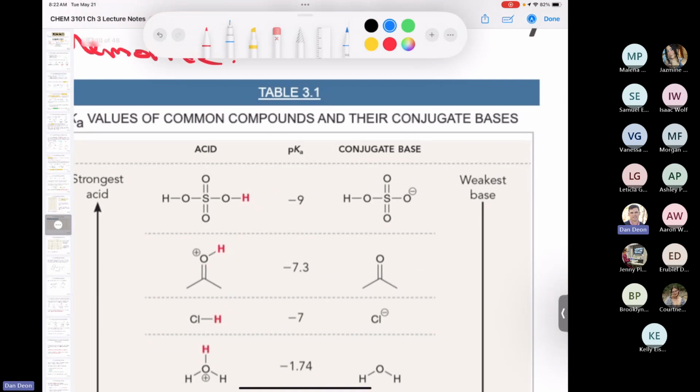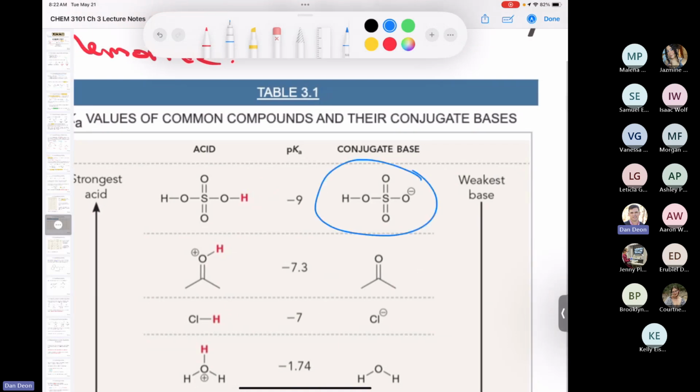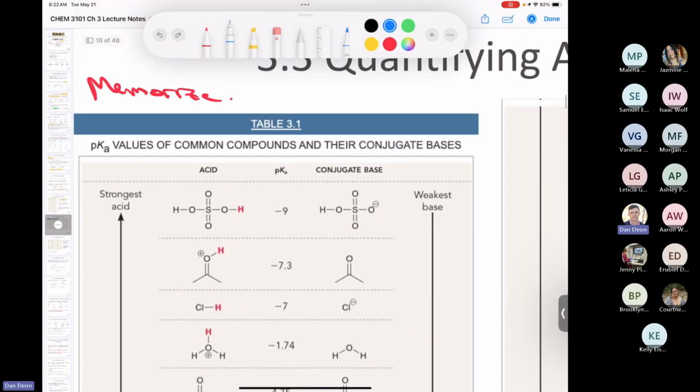So this is the acid, and the hydrogen sulfate ion would be its conjugate base. Now, hopefully you remember the trend from general chemistry that the stronger the acid, the weaker its conjugate base. The weaker the acid, the stronger its conjugate base. So we go from sulfuric acid, which you should all know the name of. Then this one here, this is called an oxonium